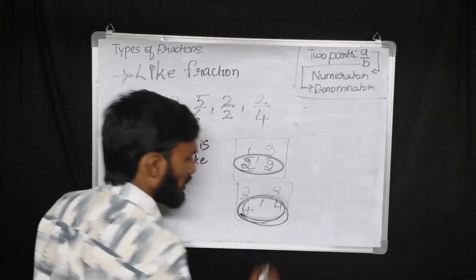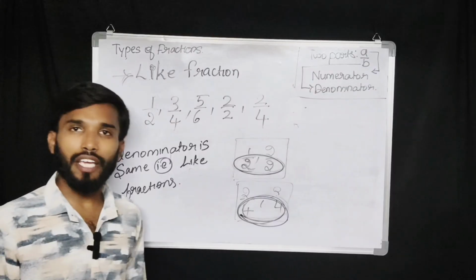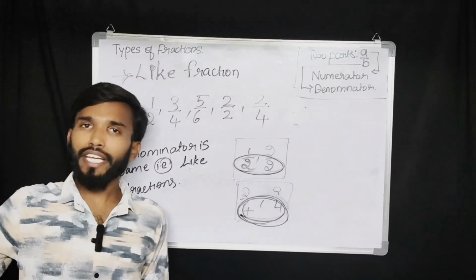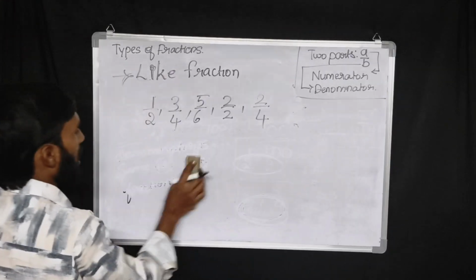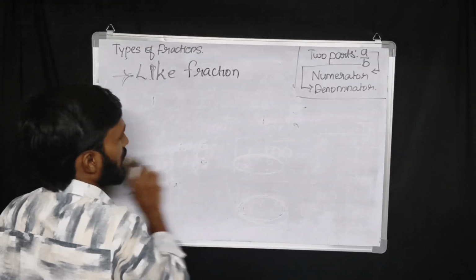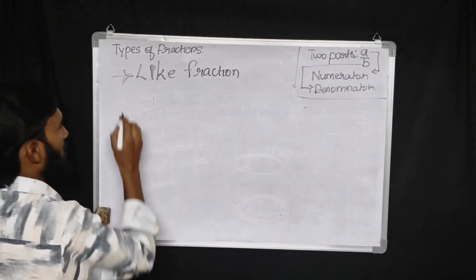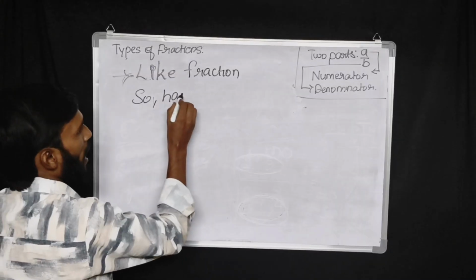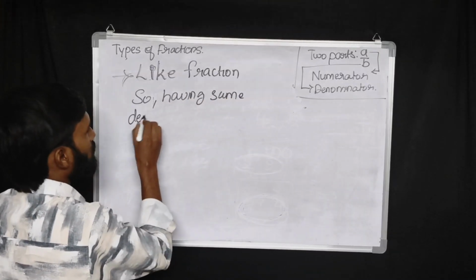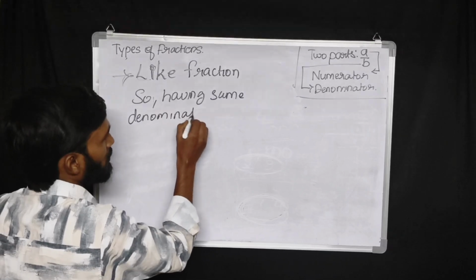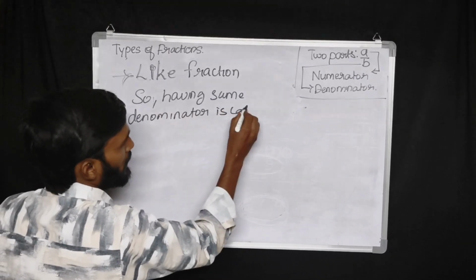In 2 by 4 and 3 by 4, both have the same denominator. So where in a fraction the denominators are the same, those fractions are called what fractions? Like fractions. So having the same denominator is called